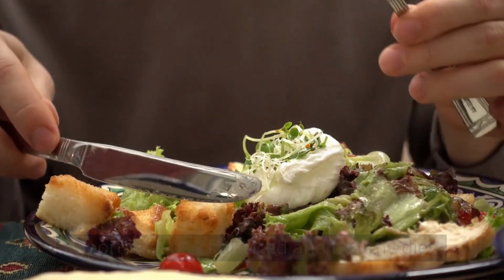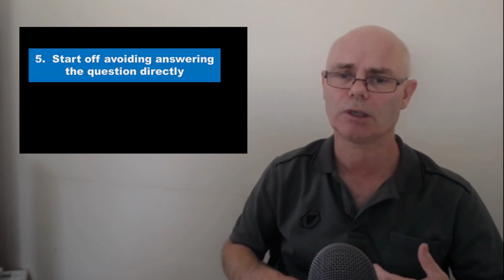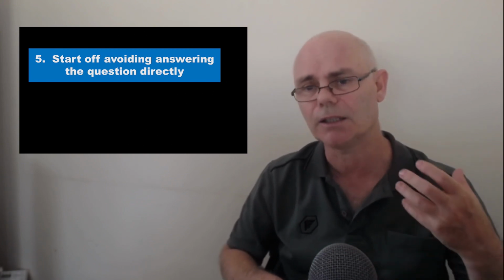This time, I'm going to answer the question using the avoiding strategy, where I avoid directly answering the question. This is a really useful strategy when you're not too sure about what the real answer to the question should be. For instance, if you just don't know what kind of food is popular in your country,